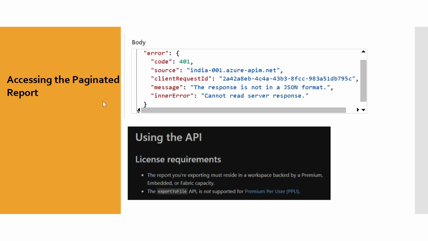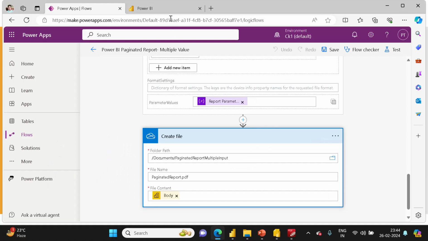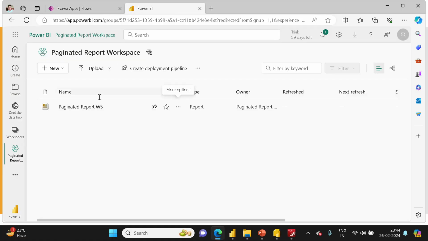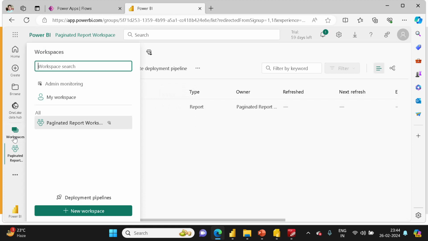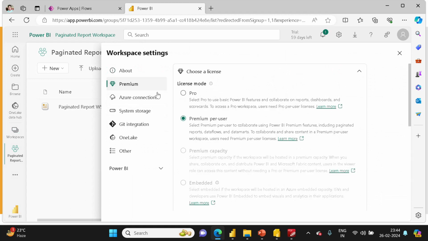Because if you see, these are the instructions which I saw on the internet on the MS site, that you need a Premium Per User license to access the report. For that only, I have created a workspace here. Now if I go to workspace settings and premium, I have selected this Premium Per User. This is the setting you have to do